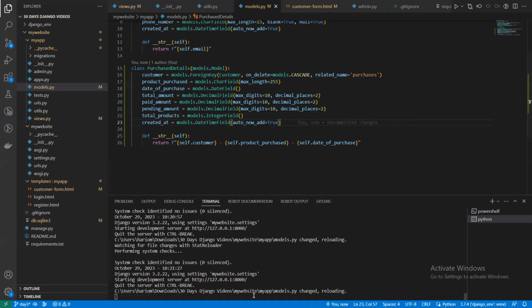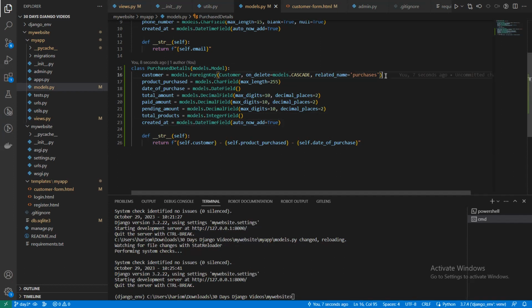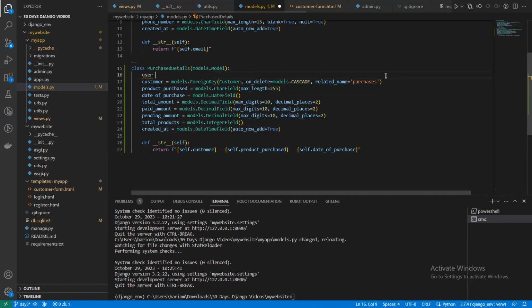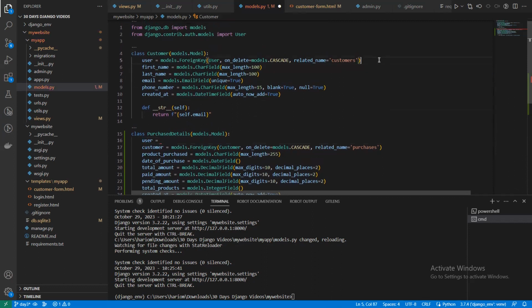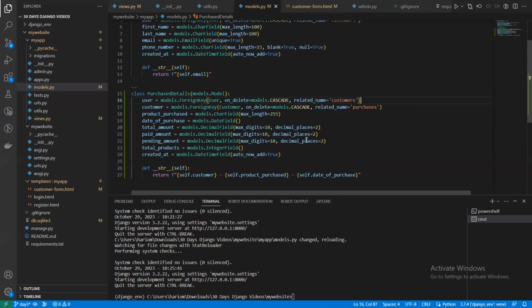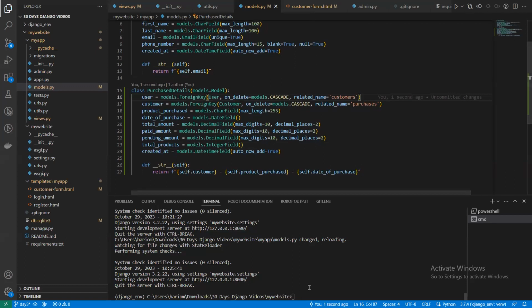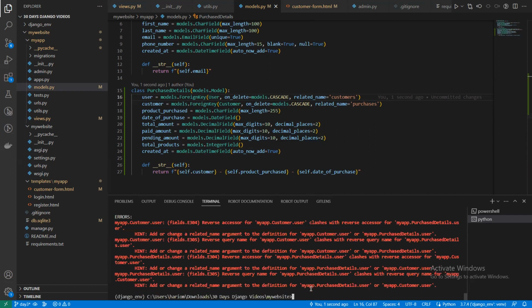Now we will migrate this model. Here we will create the user model also, right? For which user this customer is. So user will be this one, directly in a relationship, so we can track the user and customer. So let's move ahead. Python manage.py makemigrations, right? So you can see migrations. So what does it say,